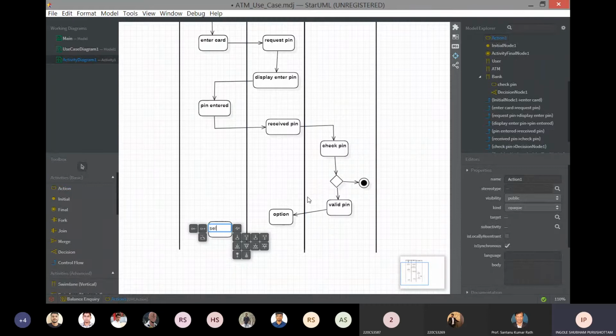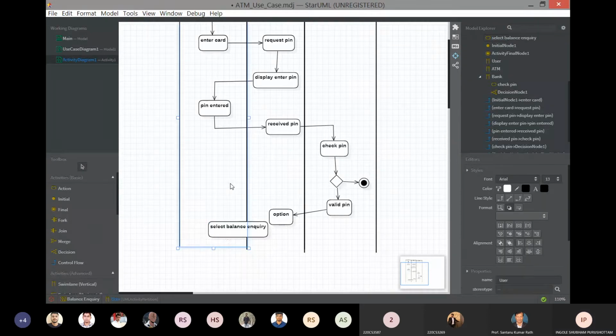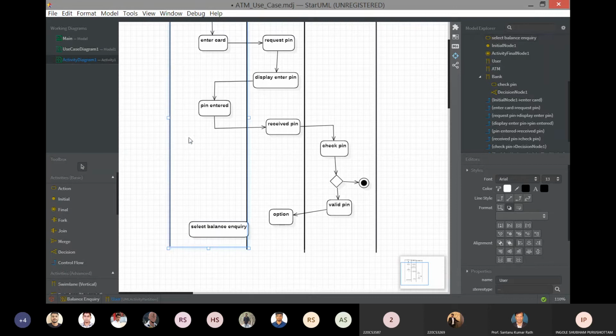He will select balance inquiry. Okay, from options to balance inquiry.